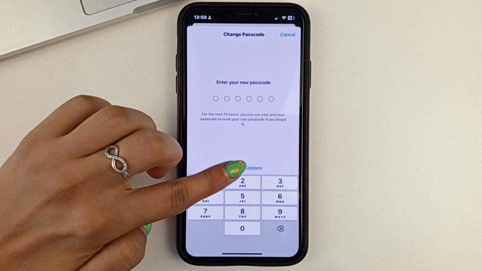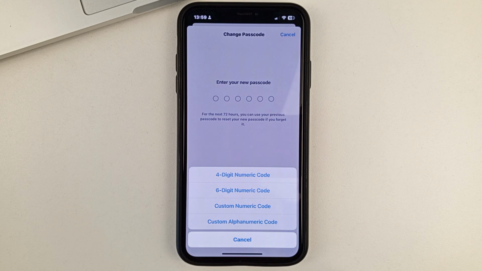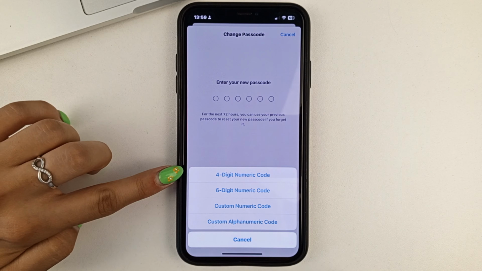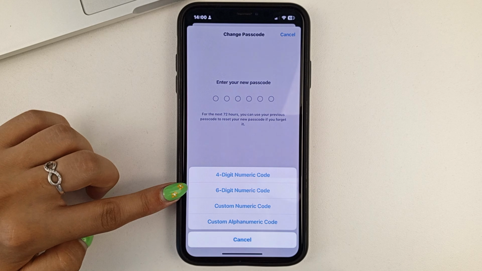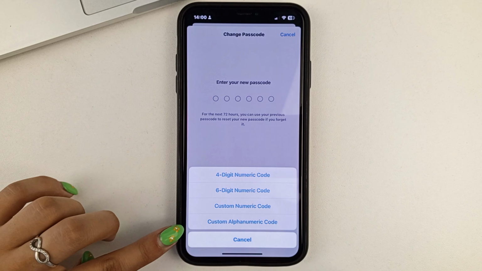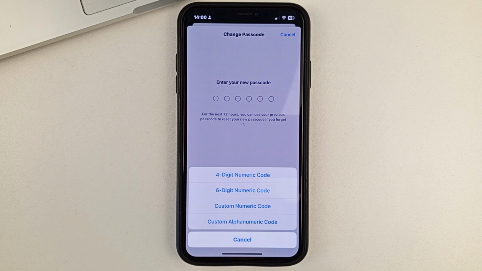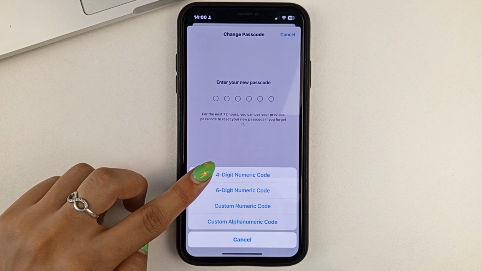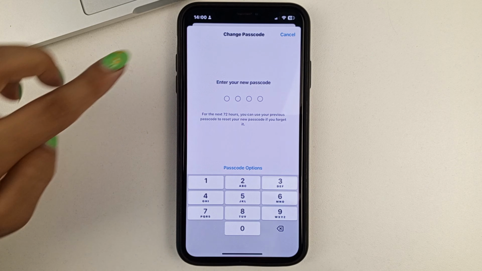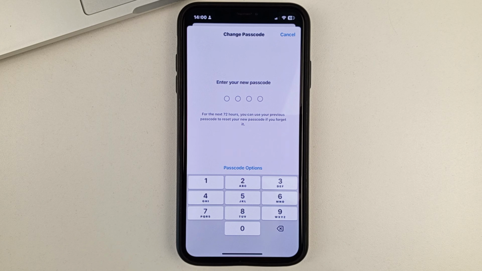If you click here, you'll be able to choose exactly what that password will be. It can be a 4-digit numeric password. It can be a 6-digit numeric password. It can also be letters, or it can be a code, such as a picture. You can create it too, for example, by choosing a picture, a letter, and so on. Once you've chosen what you want from all of this, then, as you can see, the page changes. I had a 6-digit code and now it has become a 4-digit code.